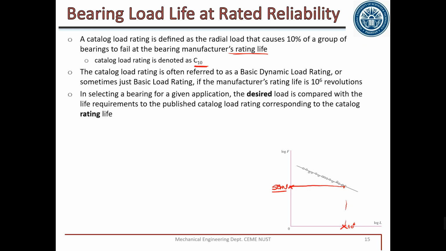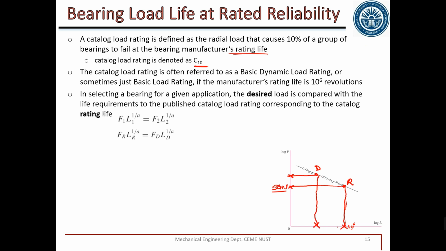It means that for the same bearing, if we increase the load, life is decreasing, or if we decrease the load, life can be increased. But for 10 power 6, they have designed a bearing of 50 kilonewton load. So this is the catalog, and this point is, let's say, the rated point, and we need to design the bearing for any other point. Let's say the force we are applying is a little bit more, at point D, which we can say is the desired point. So we need to check what is the life of the bearing for this D, or vice versa.